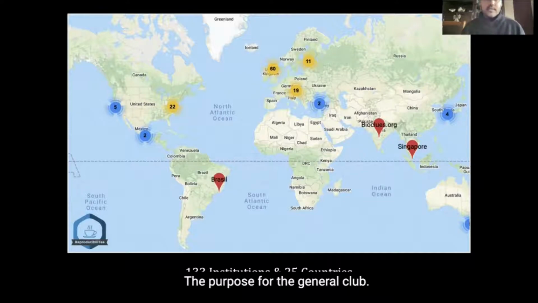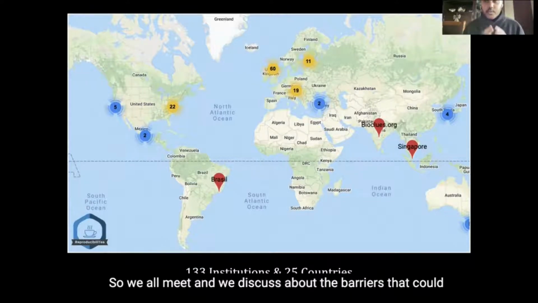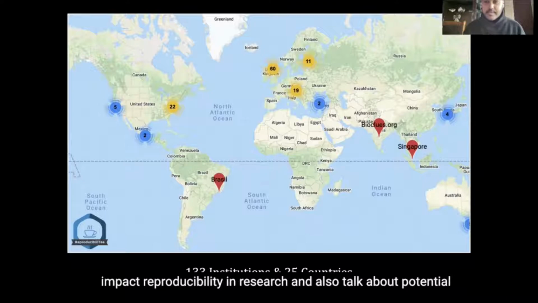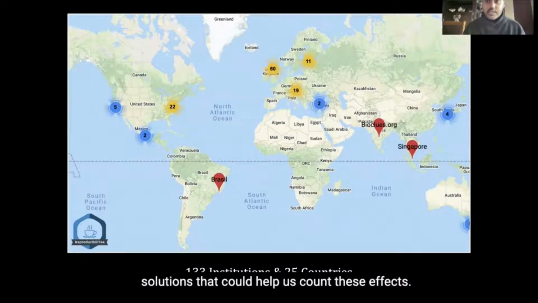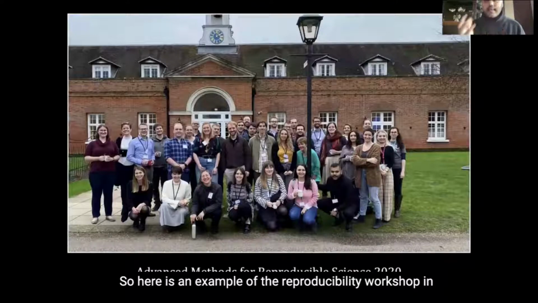The purpose of the journal club is that we all meet and discuss the barriers that could impact reproducibility in research, and also talk about potential solutions that could help us counter these effects. Here is an example of the reproducibility workshop in the UK.